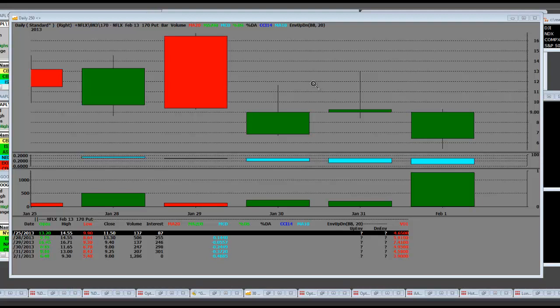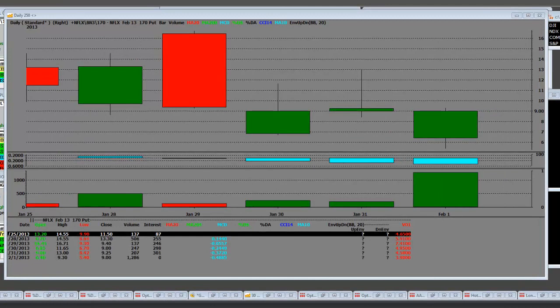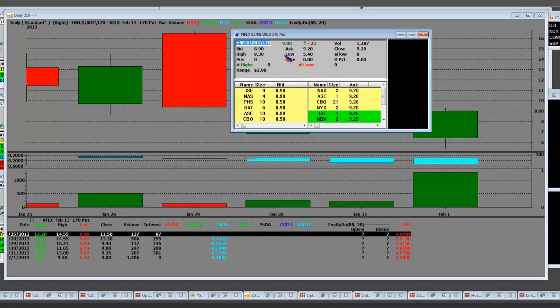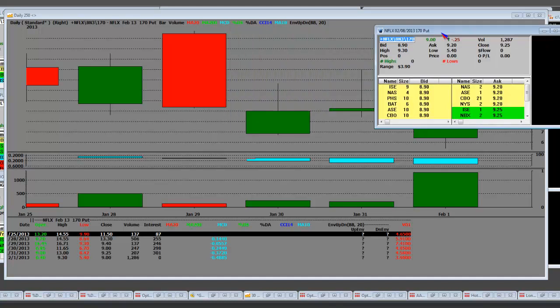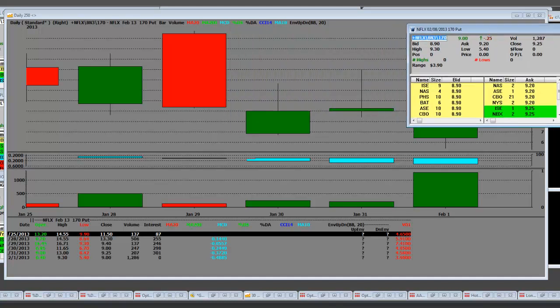Good morning, everybody. It's 11:04 a.m. Pacific Standard Time, 2/2 of 2013. It's on a Saturday. We're taking a look at Netflix, and it's a weekly put expiration. What we would like to show people is where the contracts bid and ask. They had a low of 540. So, based on Netflix being overbought